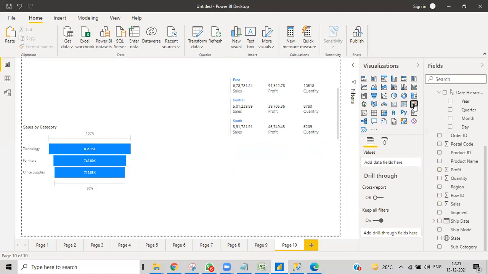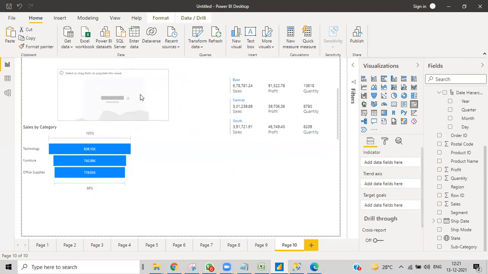What is KPI? We have bigger concepts over here, but briefly, KPI is key performance indicator, which is used to show whether something has increased or decreased. Just like the share market, when you check it you will have arrow marks. If it is a green arrow mark, it will show completely in green. And if the share market has decreased today compared to yesterday, then you can use this kind of visual for that.